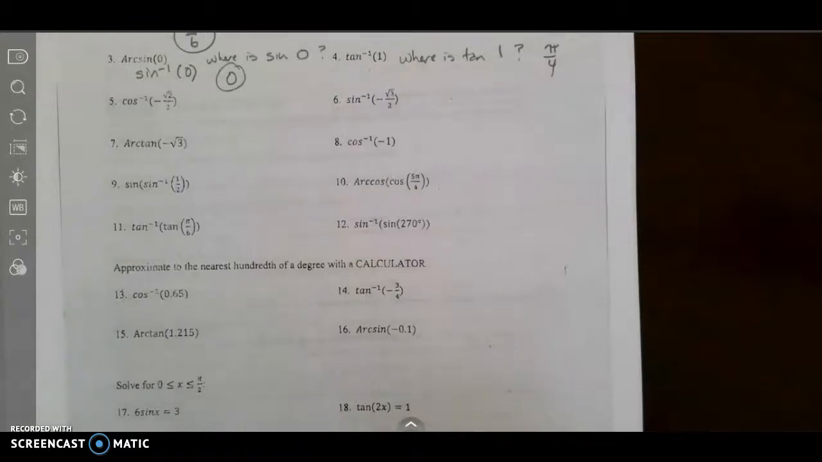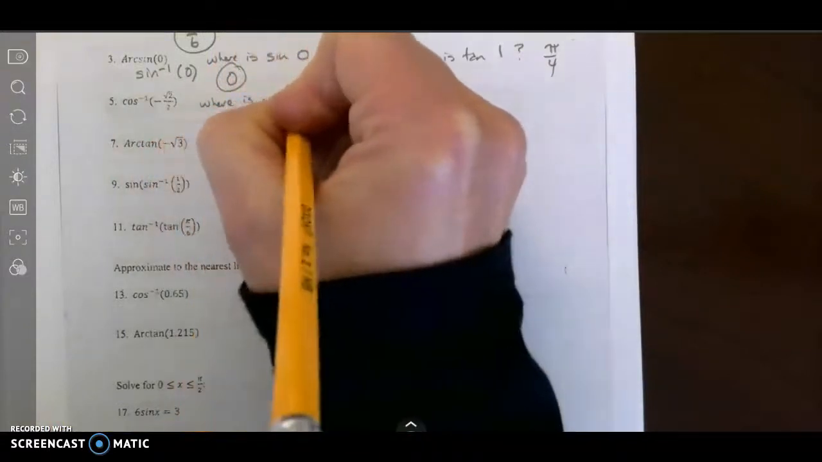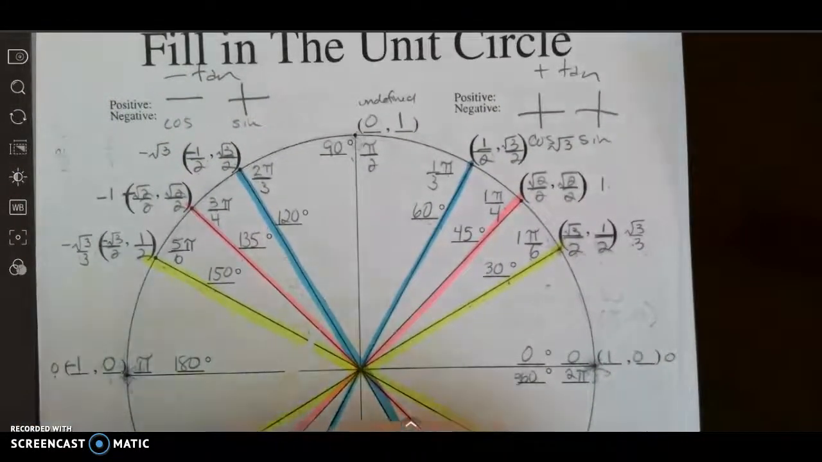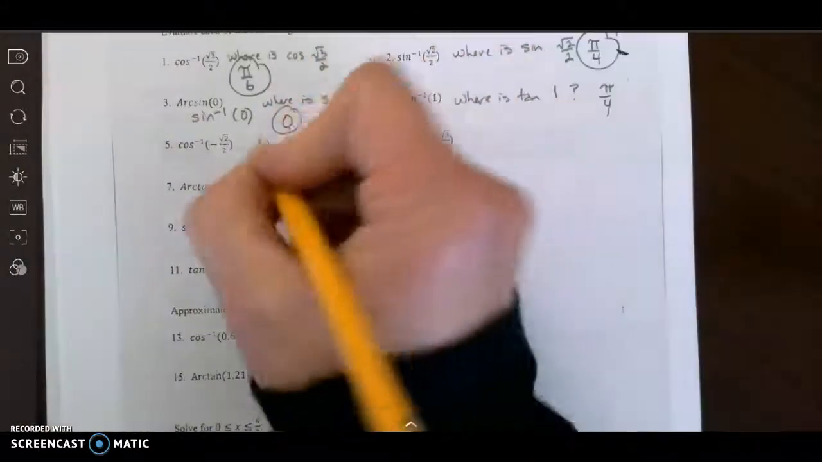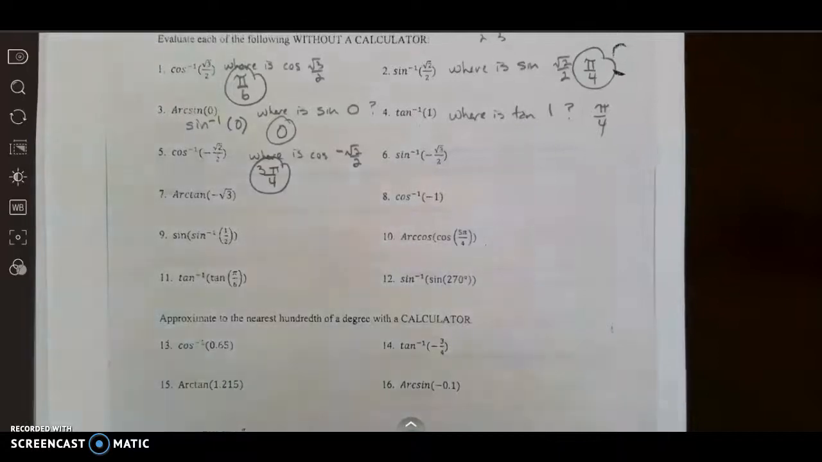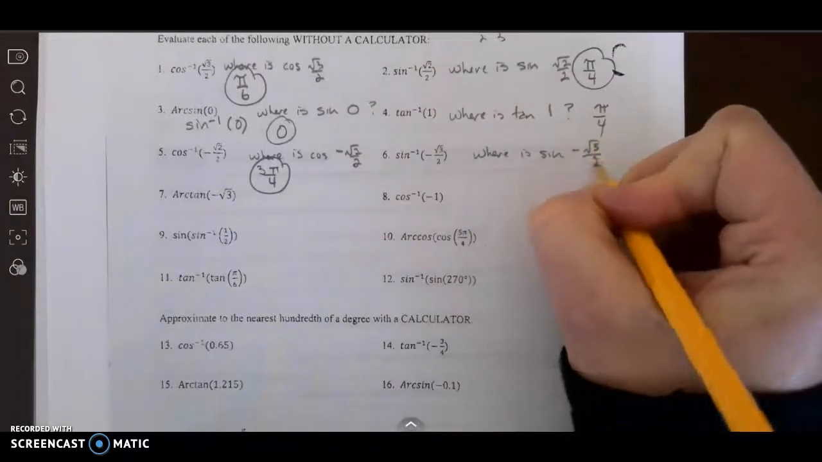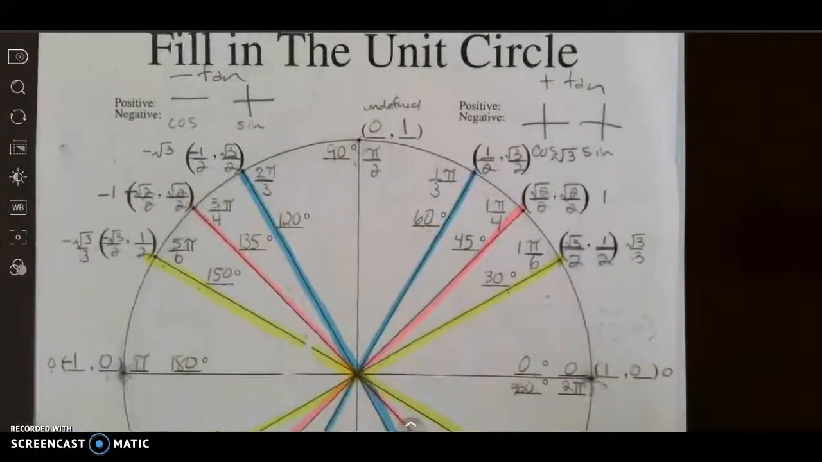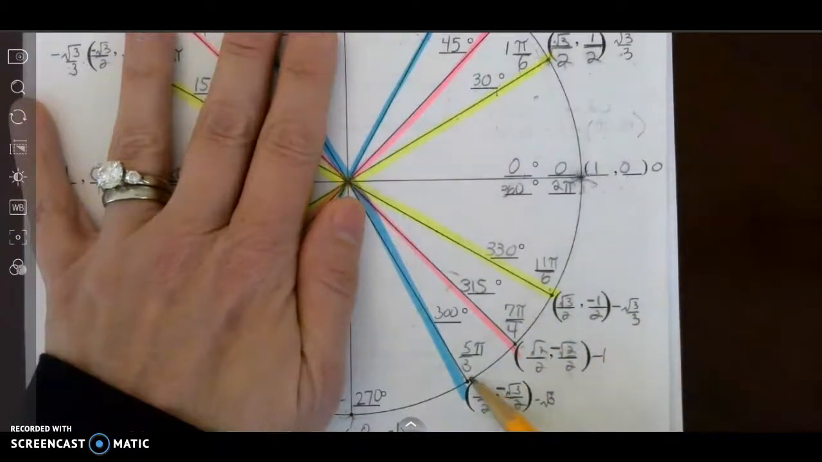Number 5 says inverse cosine of negative square root of 2 over 2. So where is cosine negative square root of 2 over 2? So since I'm looking at cosine, cosine is the top of my unit circle. And I want it to be negative square root of 2 over 2, which is right here at 3 pi over 4. Inverse sine of negative square root of 3 over 2. So where is sine negative square root of 3 over 2? So I go to inverse sine, which is only on this side of the unit circle, and it's negative right down here. This would be called negative pi